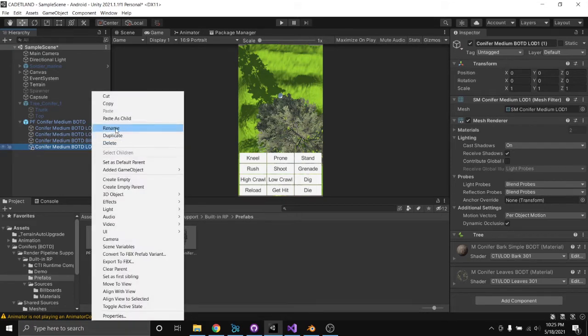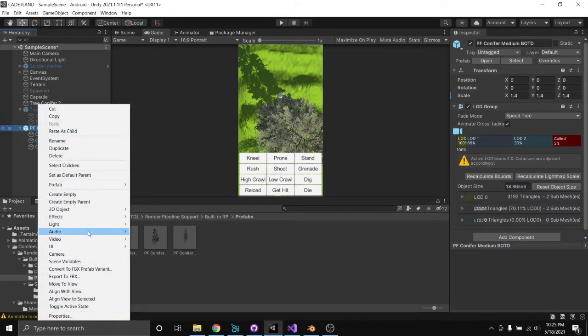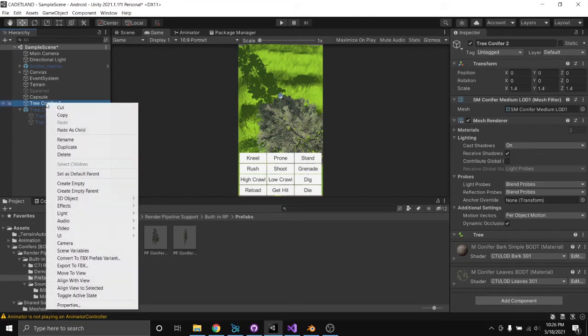Then I'm going to rename the tree, and I'm going to move the tree up to here so it's its own tree. Now I'm just going to delete this old prefab, so I'm not changing the prefab, it's there if I want to use it later. And I take this tree and then I right click on it and I go to